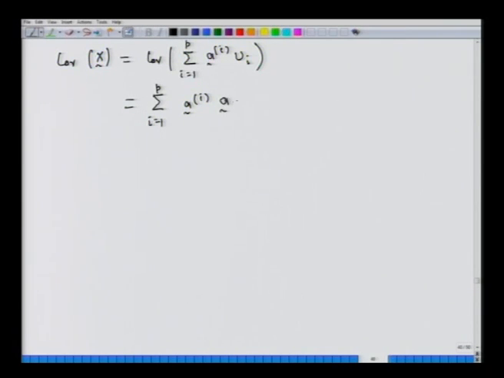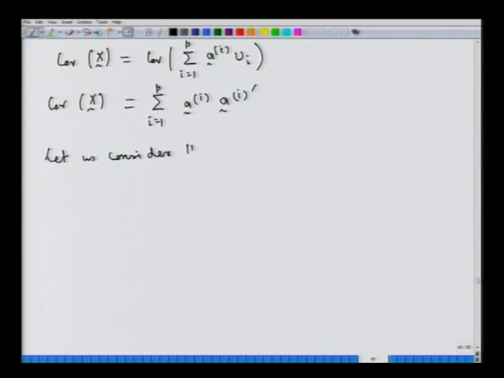So, what we get as the covariance of x through this calculation is the summation of a_i a_i transpose, right. Now, if this covariance of x is given by the summation i equal to 1 to p of a_i a_i transpose, let us under this condition consider